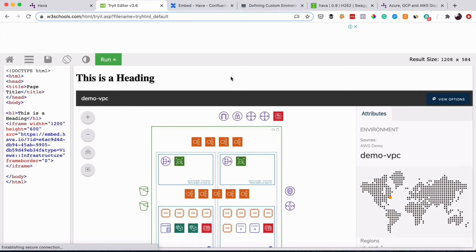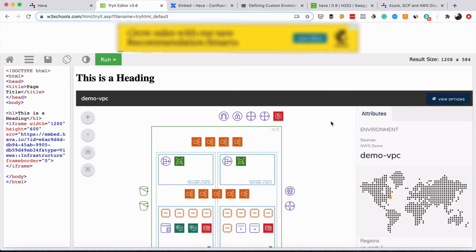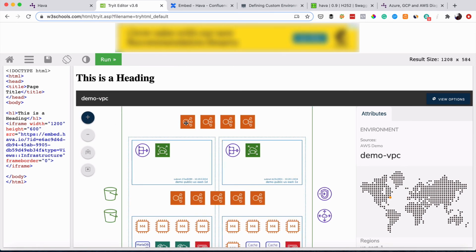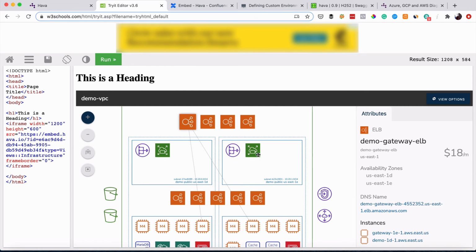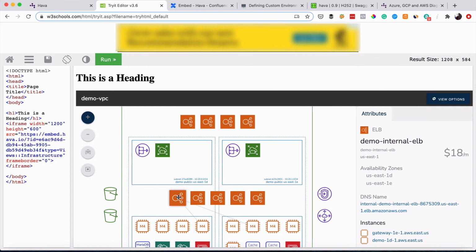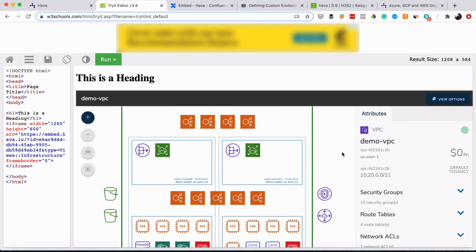So this is completely external to Hava, and as you can see, we've got pretty much a completely interactive version of the diagram that will remain viewable until you remove access within Hava. Again, there's obviously potentially sensitive information like IP addresses and security groups, whatever. So we typically see these used in internal